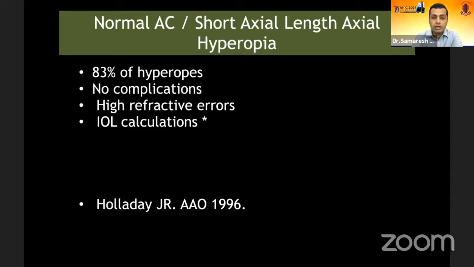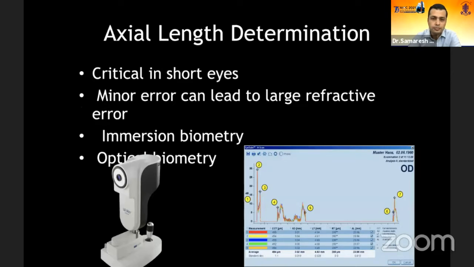The other variant that you will get in your clinical practice, not as common as RAM when it comes to cataract, but relatively common in our population, is the exact opposite: a normal anterior chamber with a short axial length, which is the classical hyperopia that you see. With these eyes, the only problem you might face is IOL calculation, because most formulas are not catered to these eyes. But these eyes are not difficult to operate.